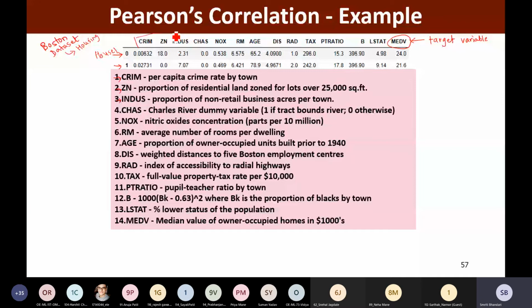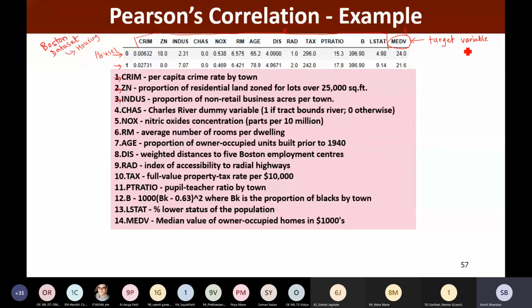So these 13 are the independent variables forming the feature vector X, and this is my Y, that is my independent variable, sorry, this is my dependent variable, and X are the independent variables.